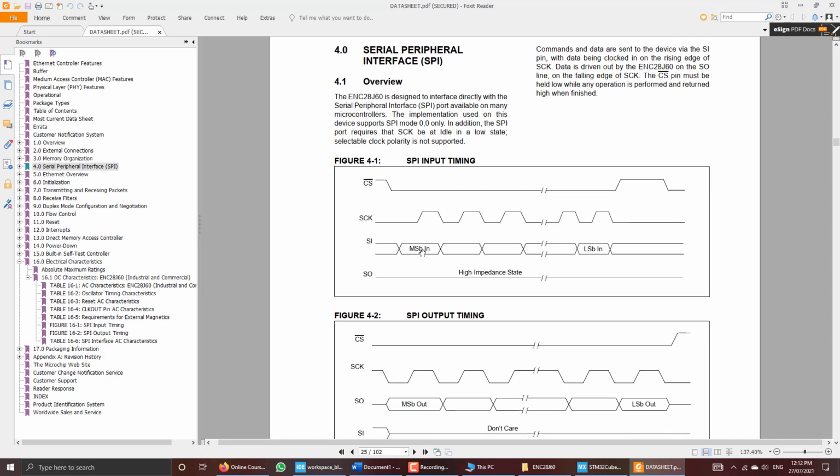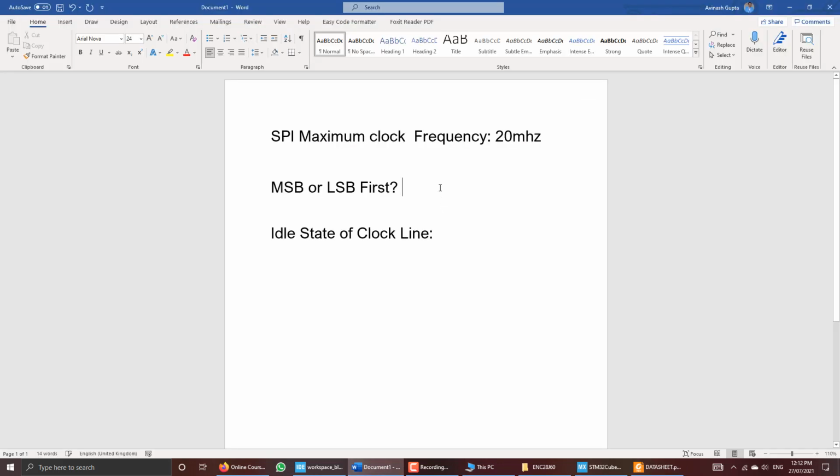From the diagram you can see that MSB is sent first and finally the LSB is sent, that is the least significant bit, and the most significant bit, that is MSB, is sent first. Okay, so let us also write this information down to our sheet. It is MSB first.